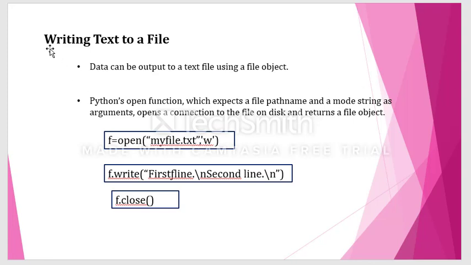In this context, the first one is writing text to a file. I want to write some text to a file. To do that, first of all I need to open the file. To open a file in Python, there is a function called open. So f is equal to open, where f is a file pointer. Generally in C programming also we have used this. Open is a function. In that you need to give the path of the file.